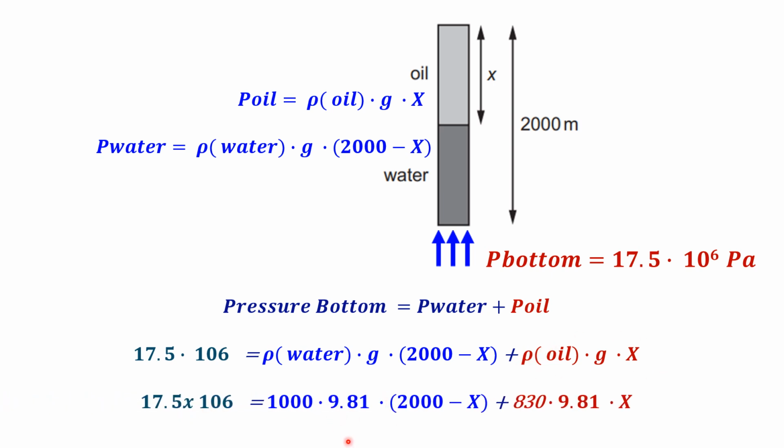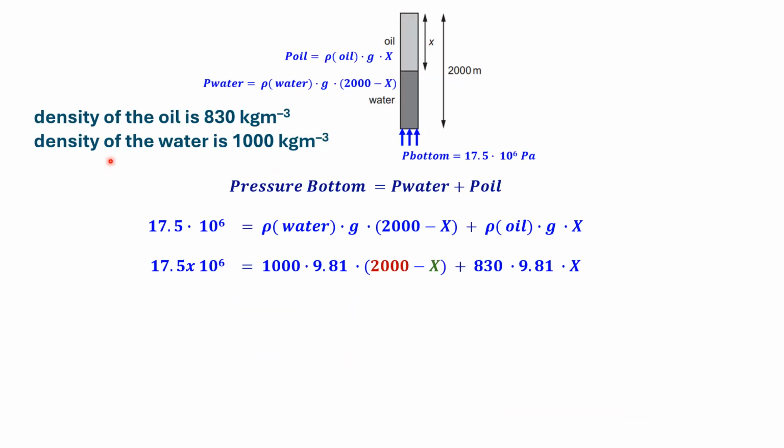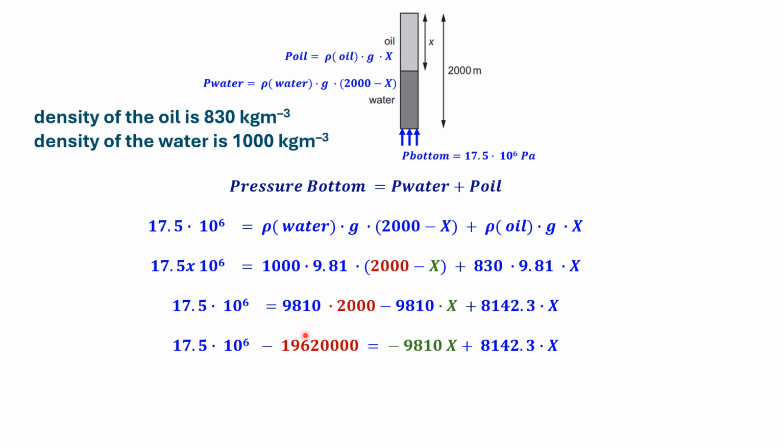Now, doing the substitutions, we have that the density of the oil was provided, the density of the water was provided, and here we have the density of the water, the density of the oil, and doing the distribution in these parentheses. So the result here is, just follow along with my math. And here we have moving around, because what I want to calculate is the value of X. So the value of X is